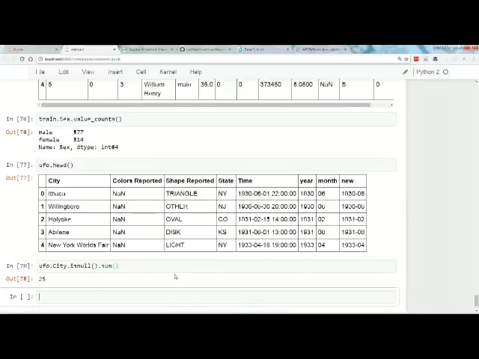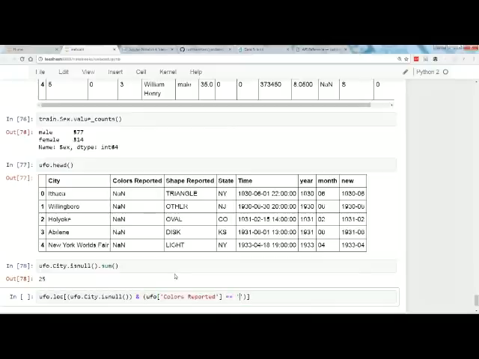Okay, so you would do something like this. UFO.loc, and what rows do I want to find? I want to find the rows where UFO.city is null, and where UFO['Colors Reported'] equals red.